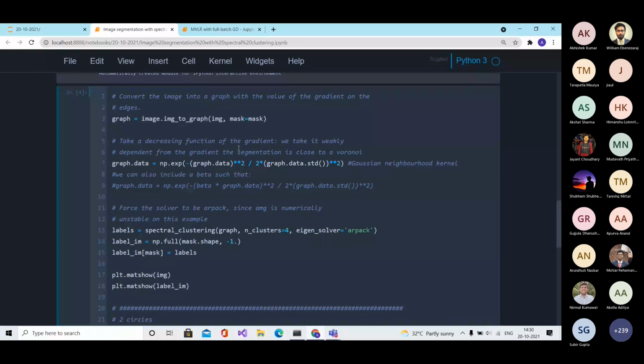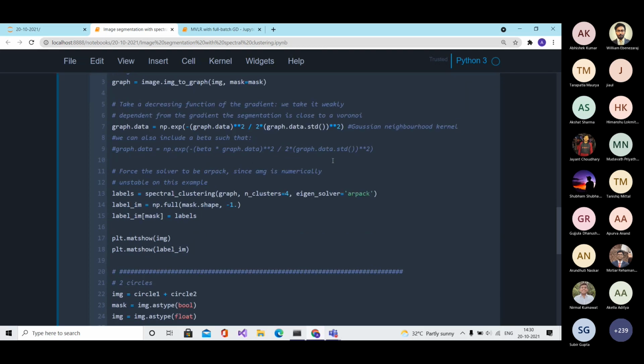The creation of the graph and how you want to do it is in your control, so you can try out different things. Whether you want to take only 4 neighbors, or 6 neighbors, or 9 neighbors, you can do that, or you can utilize a Gaussian kernel. You can do it in any way that is relevant to your problem.